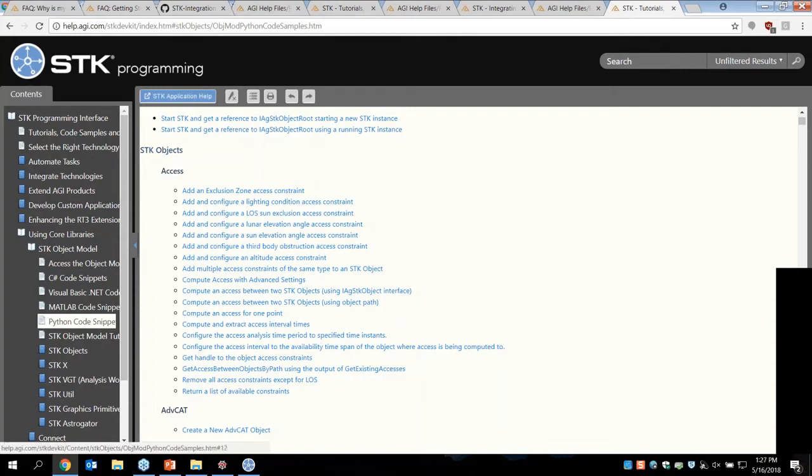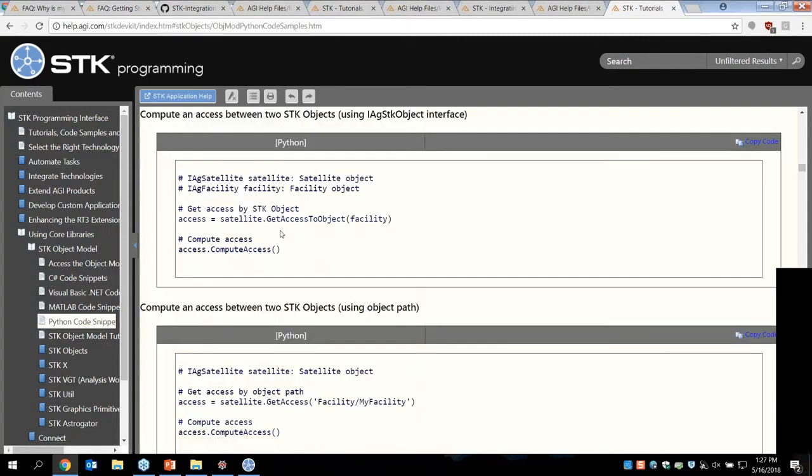To compute access between two STK objects, I can choose which option I want to use, the IAgStkObject interface or the object path. I can select that option, and it will show me exactly what those lines should look like. Up at the top, it tells me what objects I already need in my STK scenario,